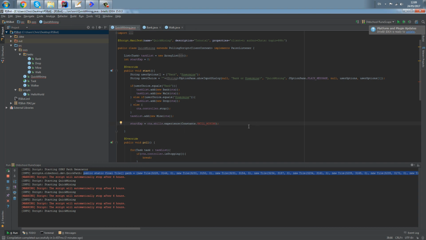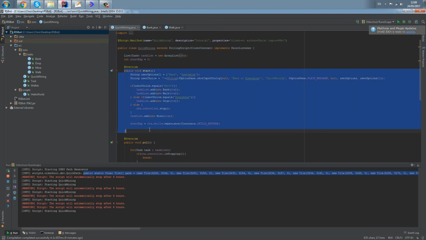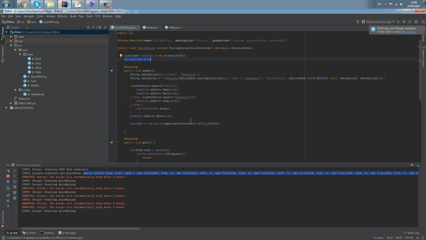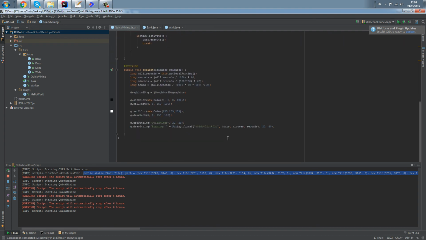So that gives us the current exp when the script is started, so that'll go into there. If they start logged out, that's going to give us some errors, but let's just hope they don't do that. If they do, it's their loss, whatever. And then we need to work out how much EXP has been gained. So what we can say is basically, I suppose, int exp gained equals